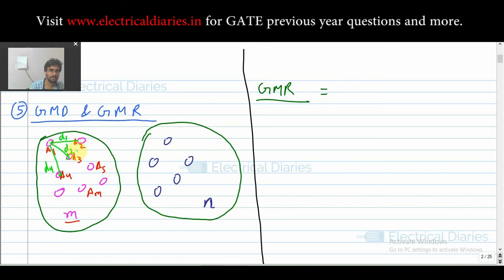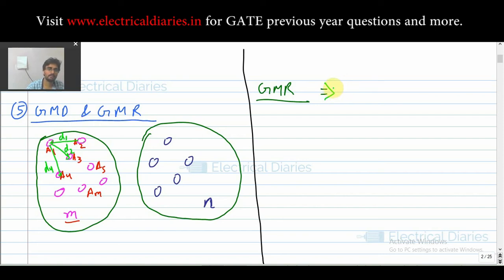So GMR means this total distance from each and every conductor. First you take A1 and you mark all these distances, then you take A2 and you mark again all these distances. Then you take A5, mark all the distances, and you do it till AN. Your GMR will come out by using this kind of feel in your mind. More things will be clear when you do the questions on this concept, which I will be doing in the previous years solving videos on the YouTube channel. In this video I am giving you the concept.